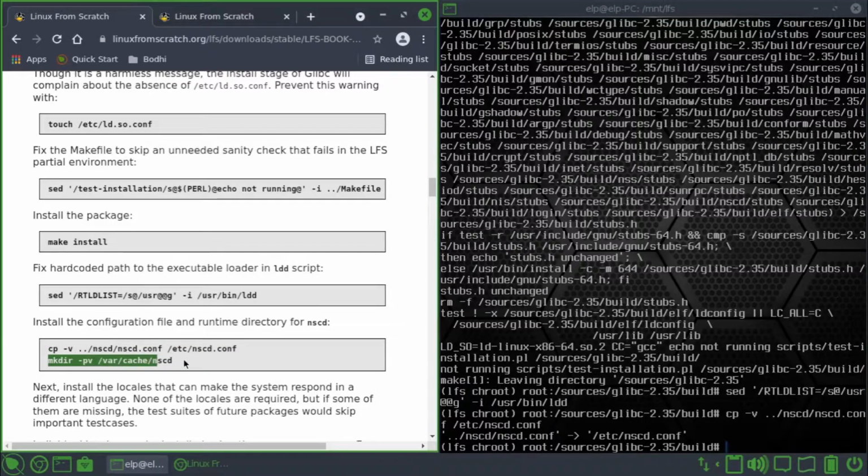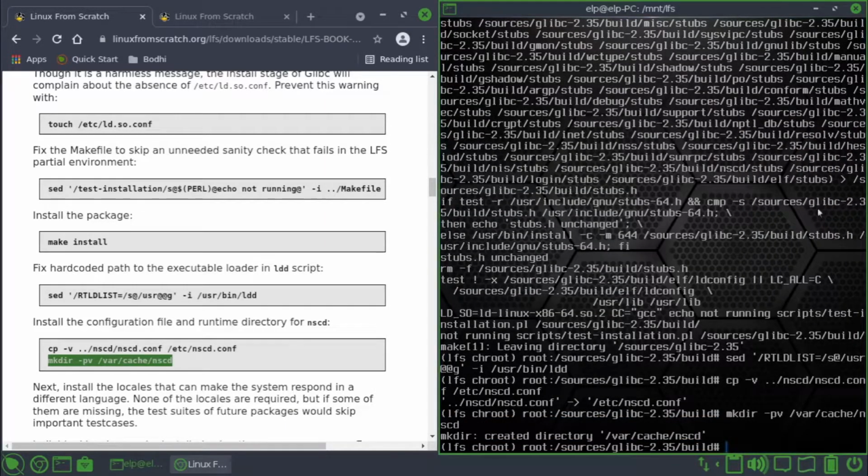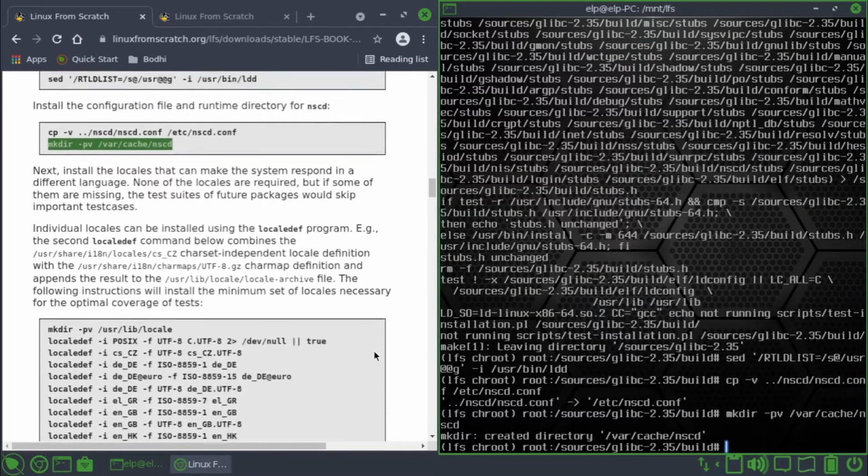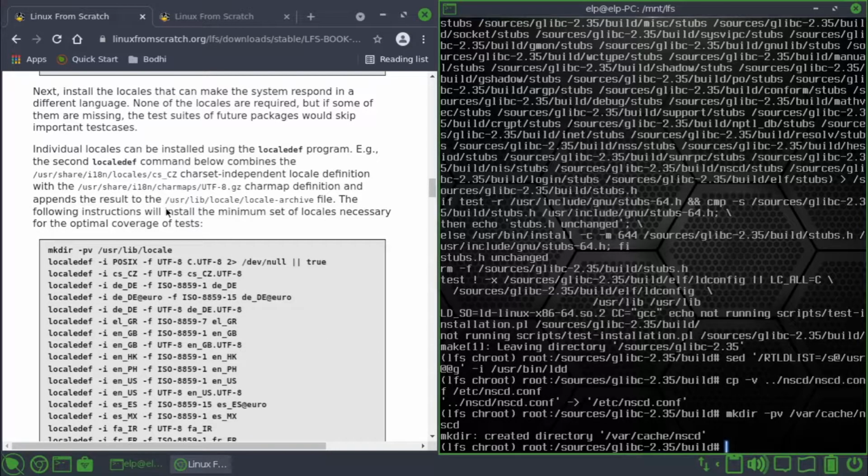Okay, and then mkdir -pv and cd. Next, install the locales that can make the system respond in a different language. None of the locales are required, but if some of them are missing, the test suite of the future packages would skip important test cases. Individual locales can be installed using the localedef program. Example, the second localedef command below combines the